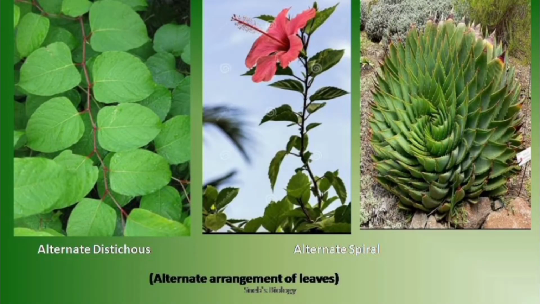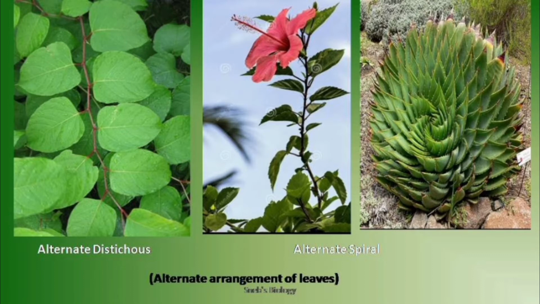In the alternate spiral type, only one leaf is present at each node and the leaves of adjacent nodes roughly lie towards the opposite side, thus giving a spiral arrangement, which is seen in the case of China rose. Next is the alternate distichous type. Here also every node consists of only one leaf. If the leaf is present on one side, the next leaf is going to be present on the other side. And why are they alternate? The reason is all the leaves would get sufficient sunlight and the gap between two leaves would be enough so that the sunlight would fall on each leaf sufficiently.